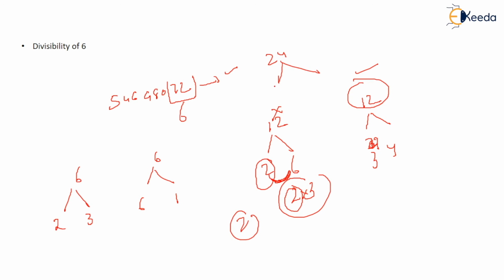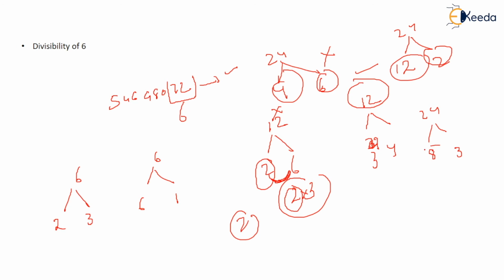Similarly for 24, if I go, what factor pairs come? 4 and 6, okay. Another one that comes is 12 and 2. Apart from that, 8 and 3, okay. And any other? 6 and 4 is already done. 12 and 2, okay. These are the factor pairs. So which pair will you take? You can see that if a common factor goes in both, then they will divide each other. You cannot take this. Similarly this happens with this, but this is the pair where it won't happen.